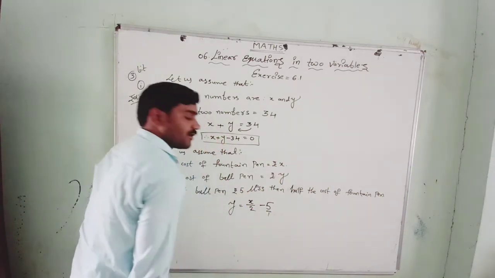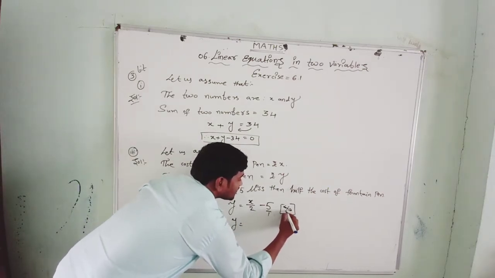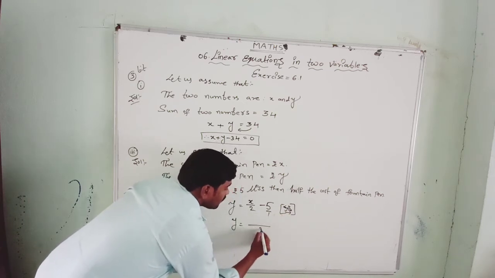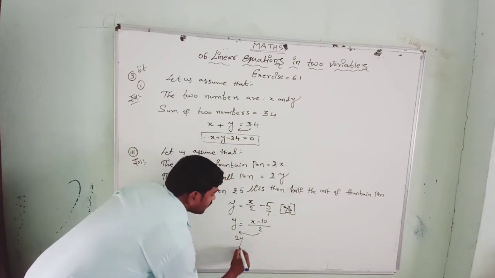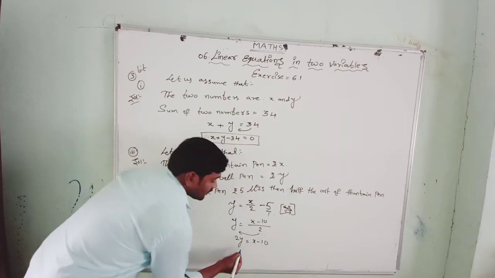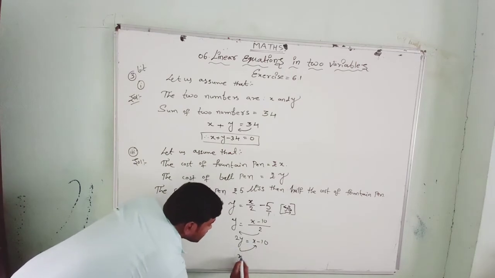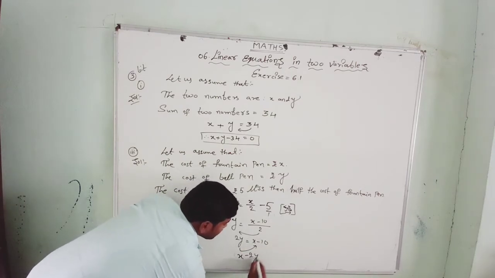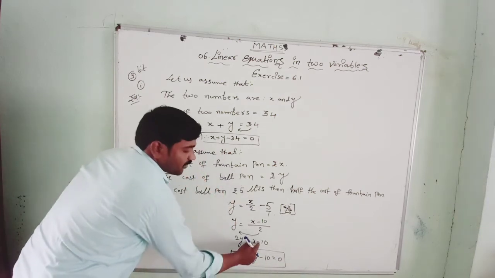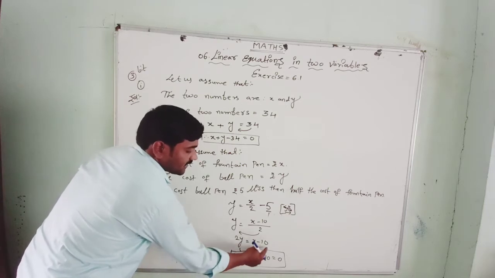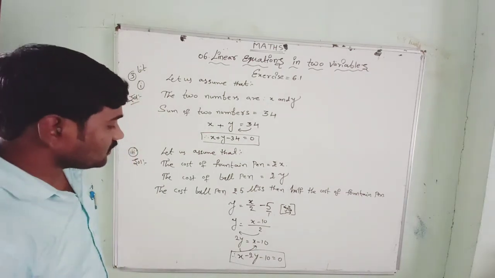Now this 5 we also write as 5 by 1. Now y equals, here we take the cross multiplication on the RHS. What do we get? 2 ones are 2, 1 into x is x, minus 2 fives are 10. This 2 will come to this side: 2y equal to x minus 10. This 2y also we bring to this side, to make it in the form of ax plus by plus c equal to 0. Here there is x, and this plus 2y becomes minus 2y, and already there is minus 10, equal to 0. Have you understood this? I have written it in the standard form. Okay, these are the two.